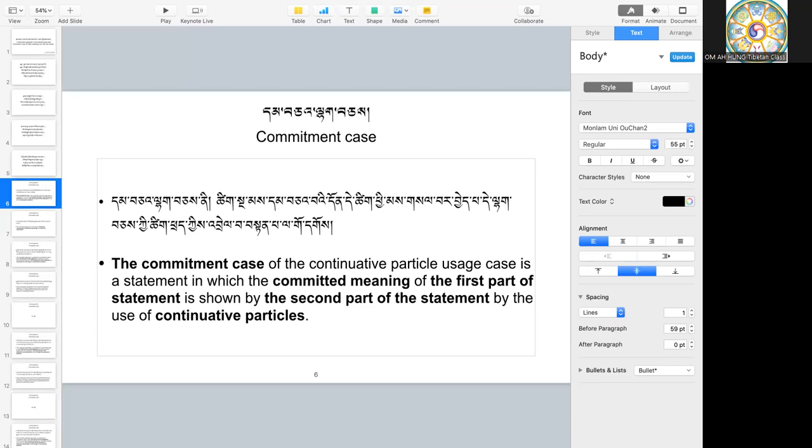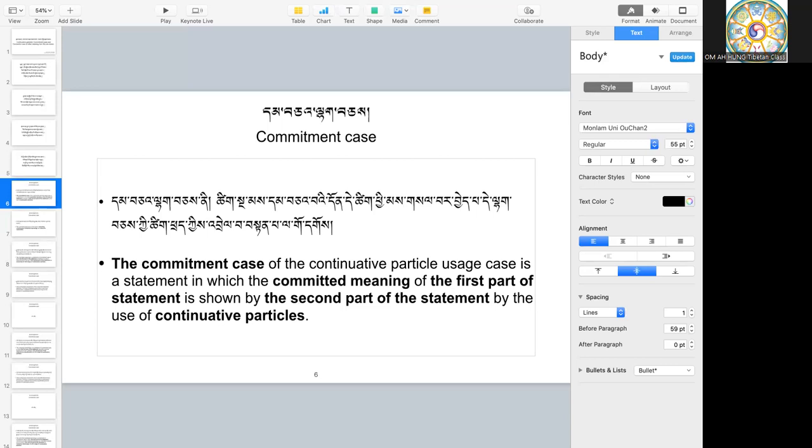Meaning that instead of being super focused on the particles, we're going to understand these particles as a part of the statement,